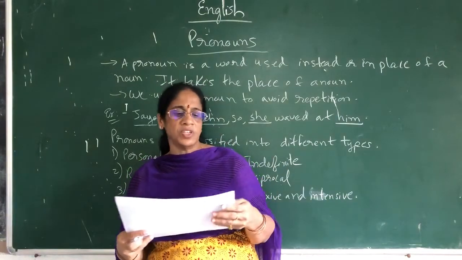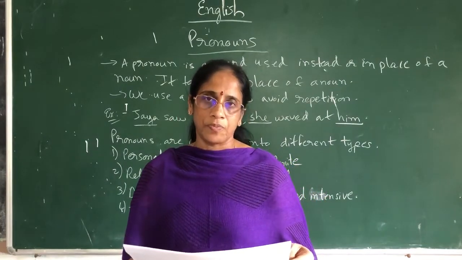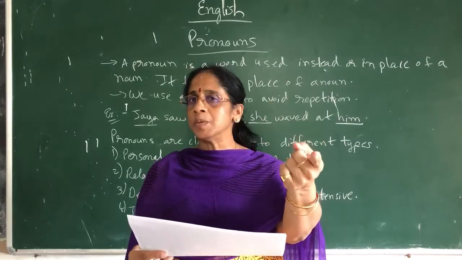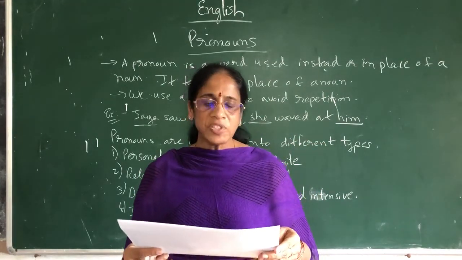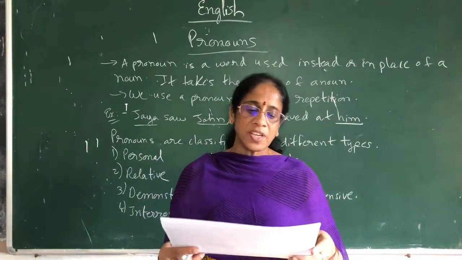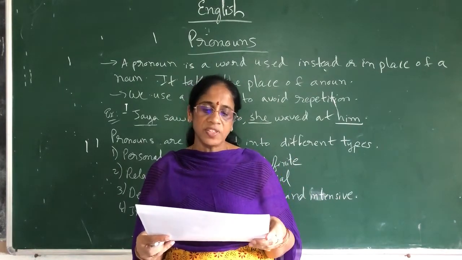See, I'll just explain first. So, subject pronouns, in first person we use I. Second person will say you. I means I am the first person. When I am speaking about other person, I will say you. And third person he or she. Okay. And if it's a thing, we'll say it. Okay. Now first person plural will say we. And second person will say you. Third person will say they.